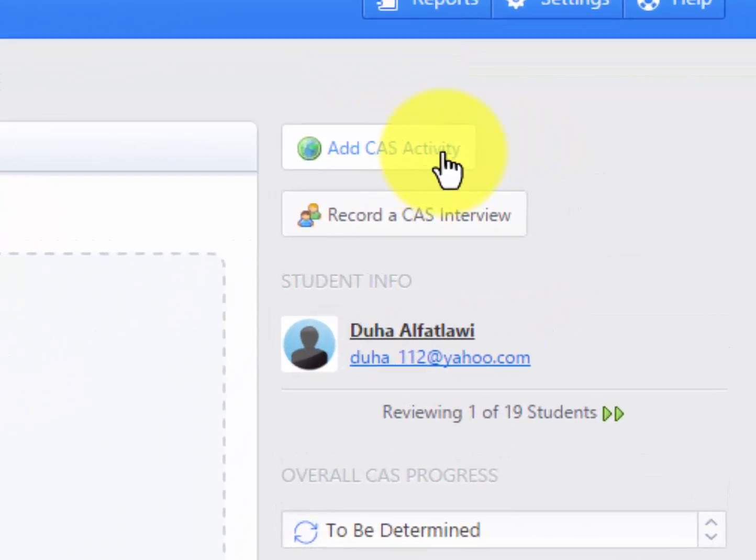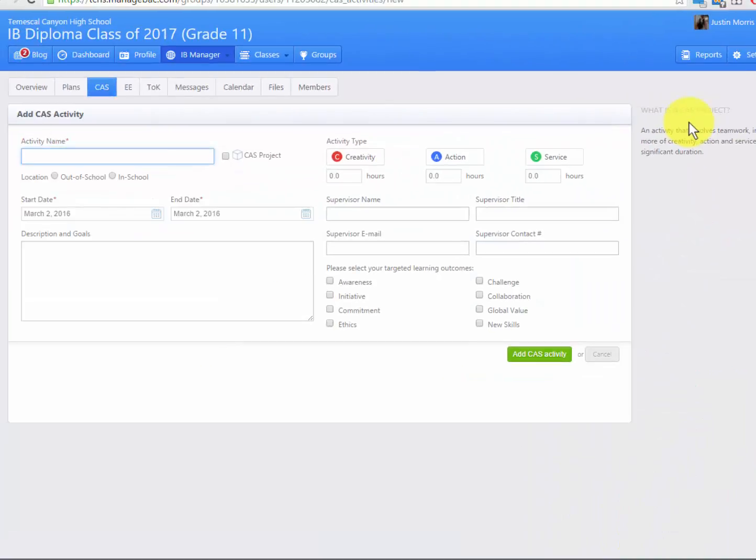It's called Add CAS Activity, and you can remind them to do this since this will be fairly new to them as well. Or they can record a CAS interview or some other type of component towards the end of their volunteering. The activity name, they create this,